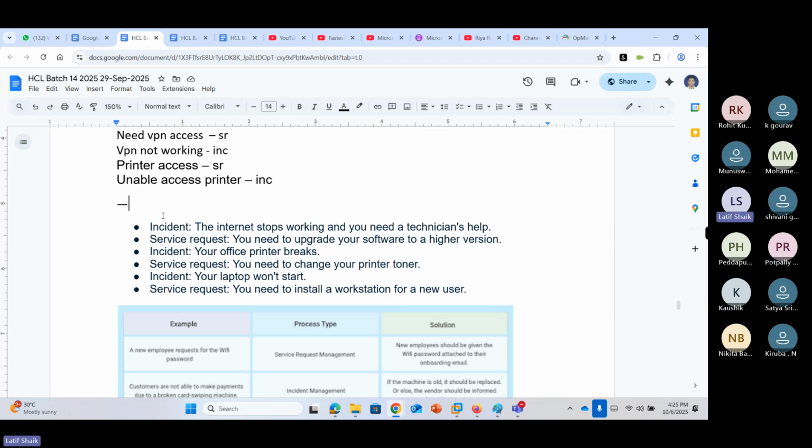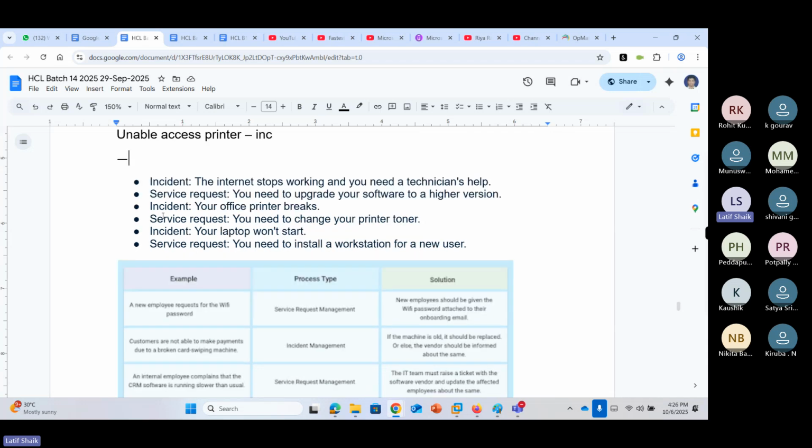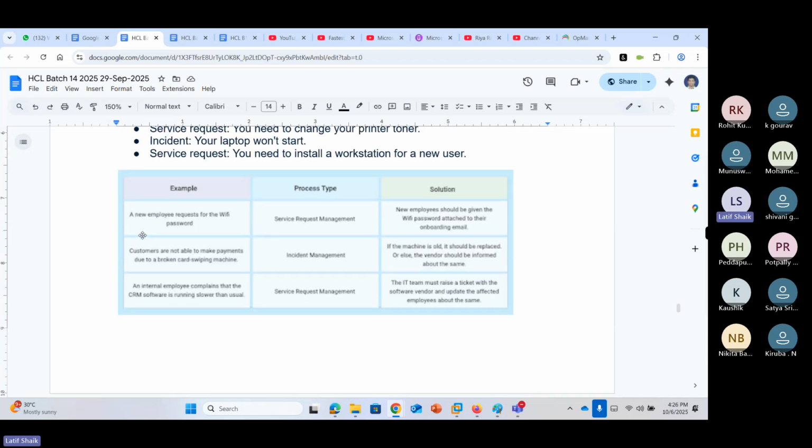The printer is working but the toner needs to be changed, so it is a service request. Incident: your laptop won't start. Service request: a new user came, so we need to arrange a new workstation, a laptop or desktop kind of thing.